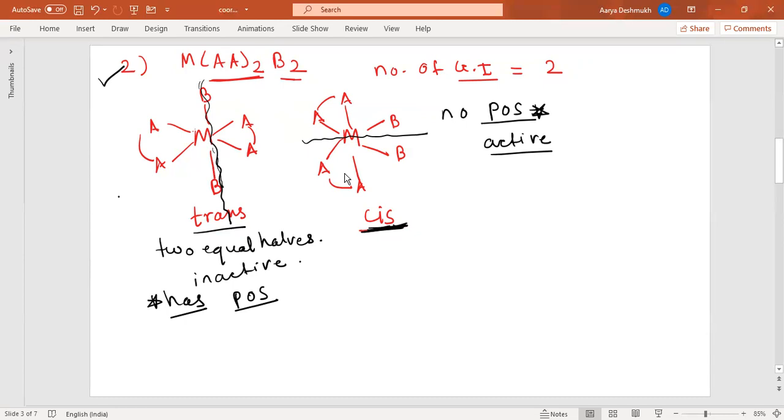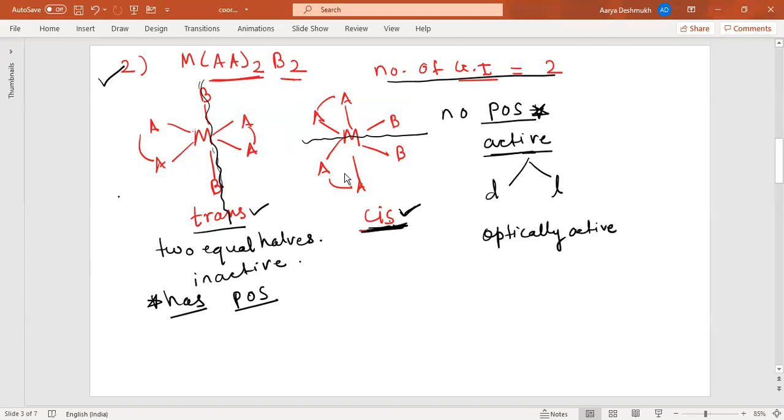Okay, now how many stereoisomers are there? There are two geometrical isomers, cis and trans. Now this one is showing optical isomerism, so it will show two isomers, D and L. So cis and trans are the two geometrical isomers. So optically active,